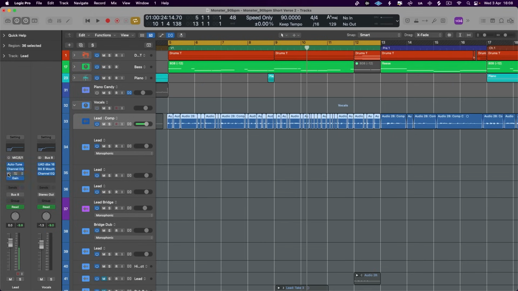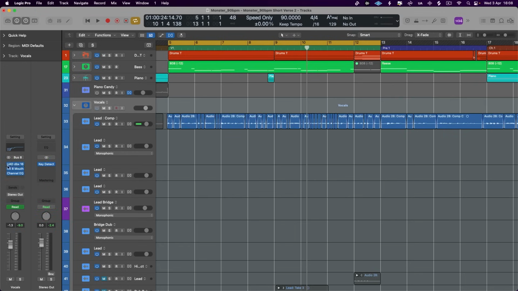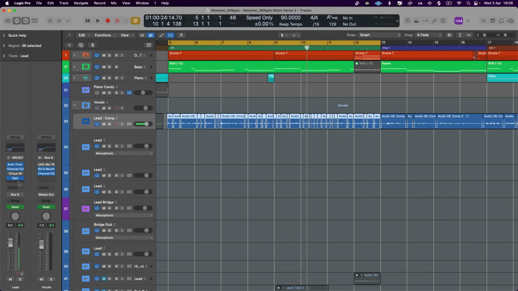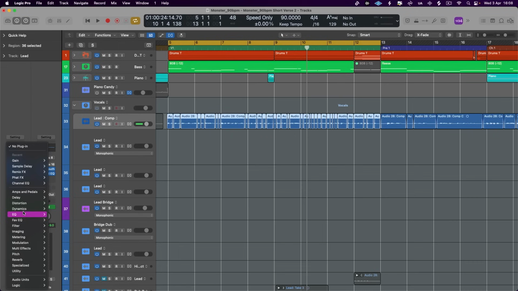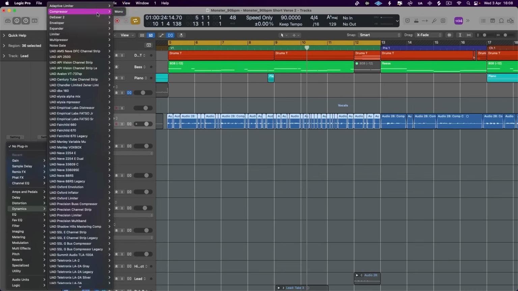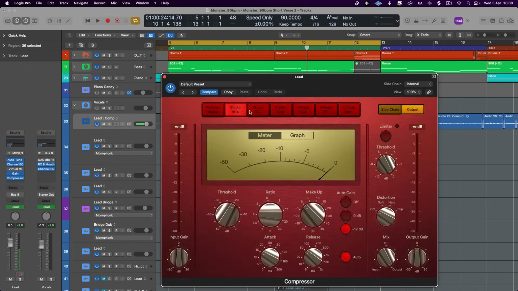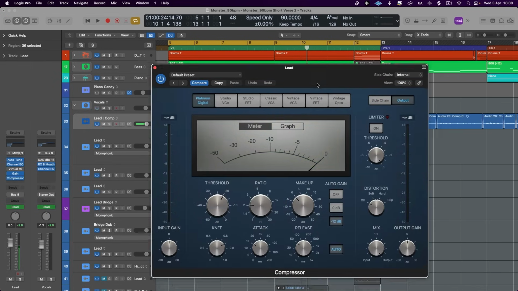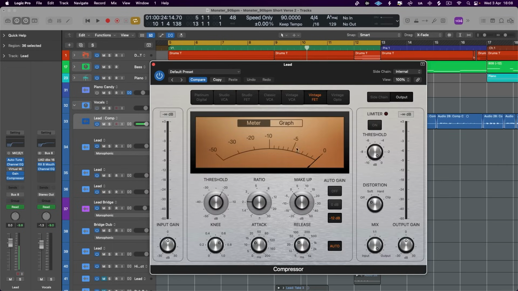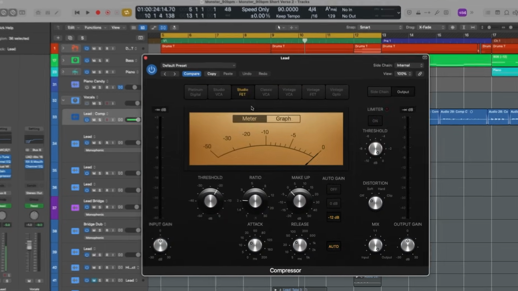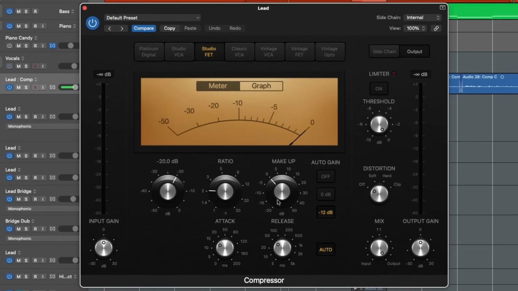So let's turn off our external compressors and let's start using serial compression. So let's go to our compressor. And the beauty here is that we have multiple compressors to choose from that we can compress in series. So first off, I am going to use our studio FET, and I am going to start catching some of the peaks here. So let's turn auto gain off. Let's turn auto attack and release off. So I want a fast attack,